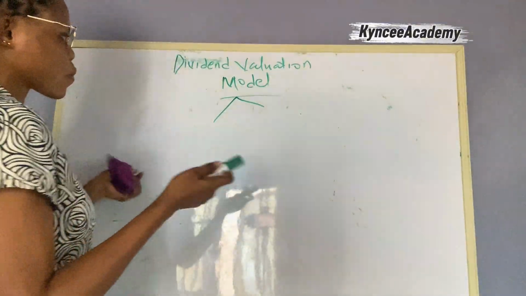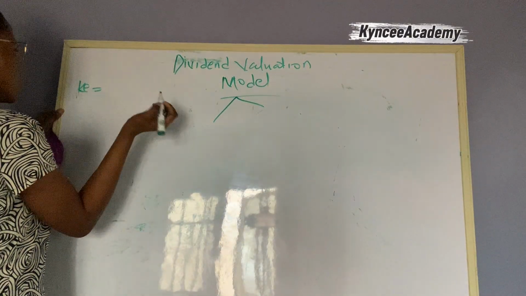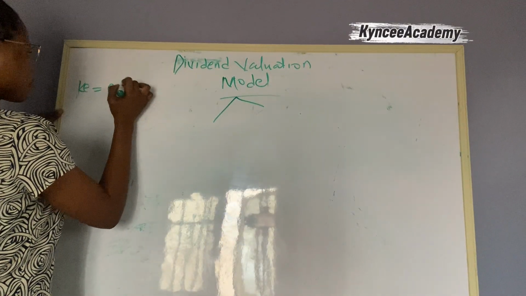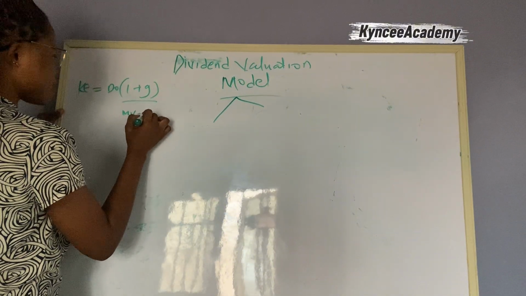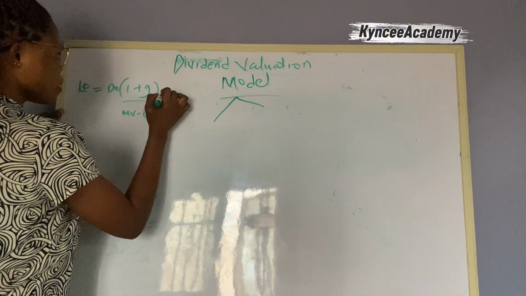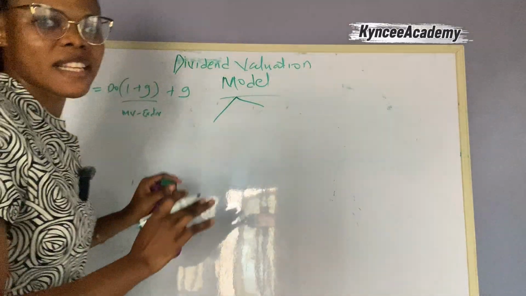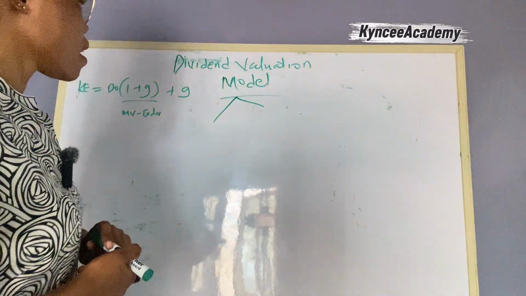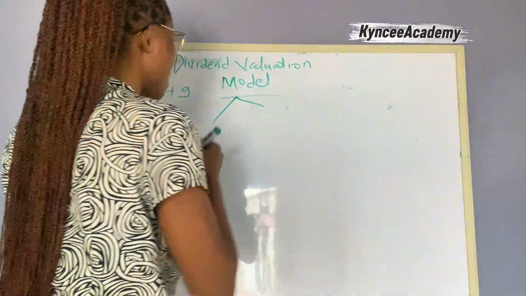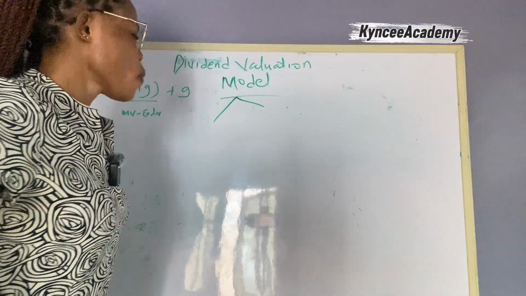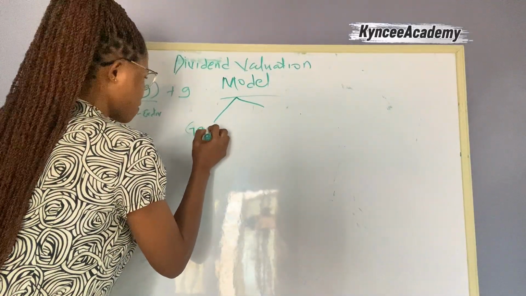So when dividends are growing, sorry, I want to write the formula again. I forgot. KE is equal to D0 bracket 1 plus G all over market value XD plus G. So this is the normal formula for dividend valuation. Maybe it depends on the question they give us. Now, for us to determine the growth rate when dividends are growing,